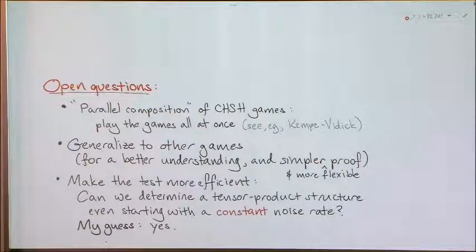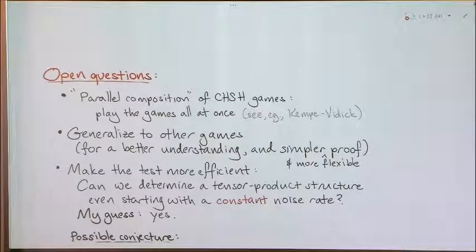Another question that we heard from last time too is what happens if you have other games besides the CHSH game? Potentially every game in which the quantum value is above the classical value is locally rigid. I don't think we have any counterexamples. But we don't know, and the reason for understanding that, I think, is partly that hopefully you can get a nicer proof of this kind of theorem, because it's kind of ugly.